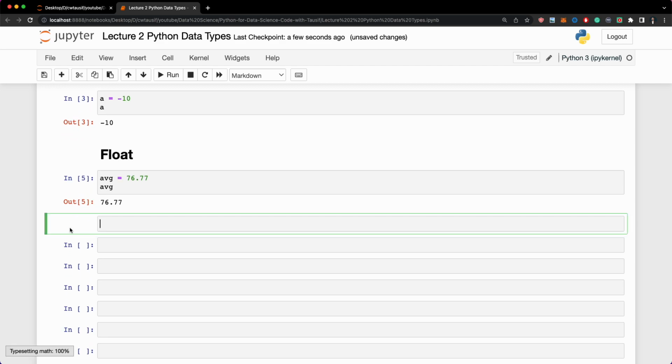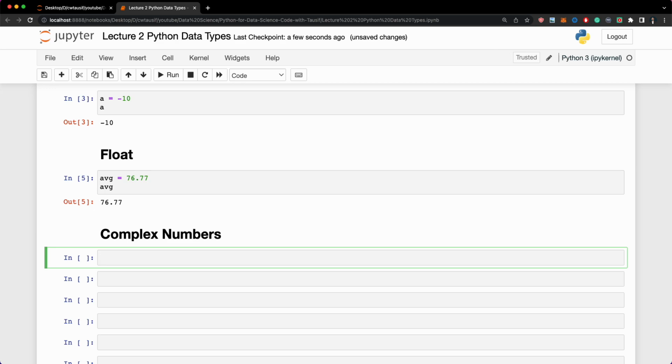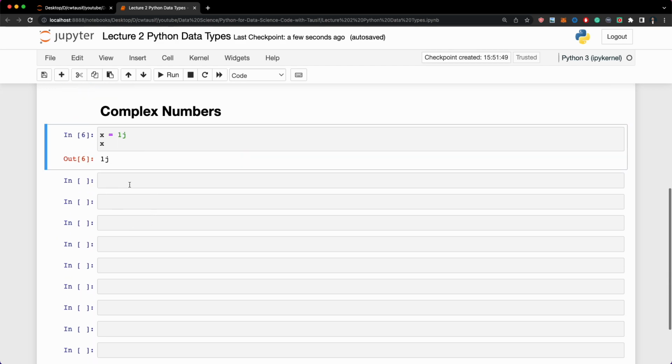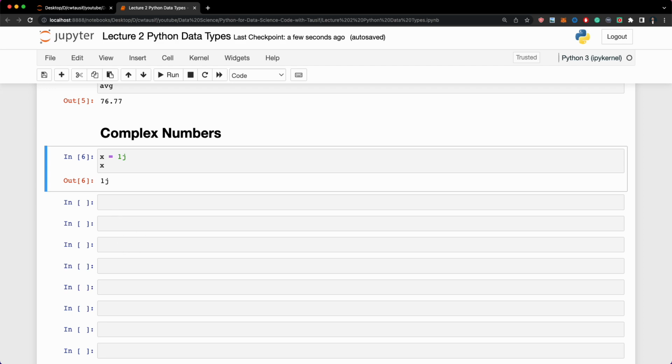Then we can also have imaginary part data types, which are called complex numbers data types. Complex numbers are used when we are doing some vector multiplications and that kind of stuff. How will we define it? It will have a value and an imaginary part, like for example, we can have i and j. That will be our complex numbers data type. Similarly, we have an integer data type, float data type, complex data type,